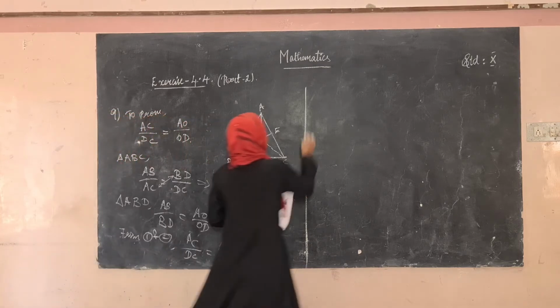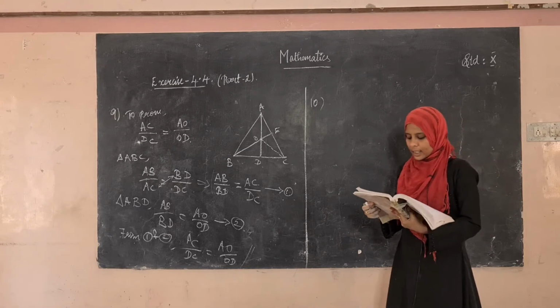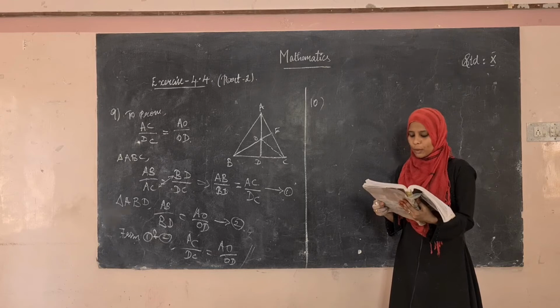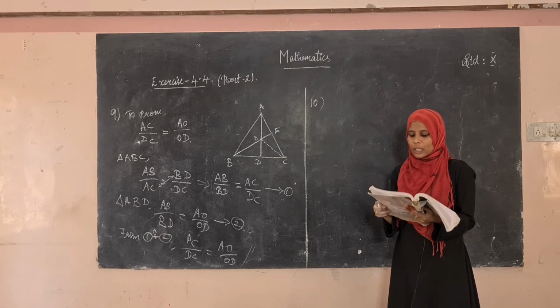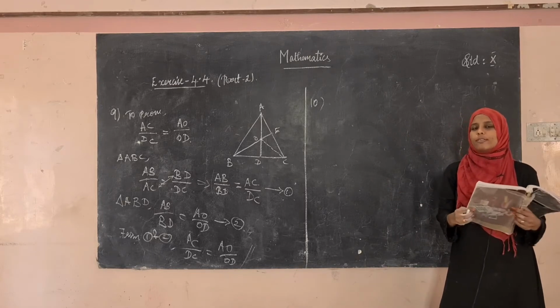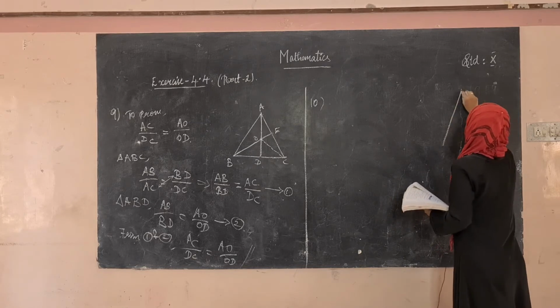Okay, now see the 10th sum. An artist has created a triangular stained glass window and has one strip of small length left before completing the window. She needs to figure out the length of the left out portion based on the length of the other sides as shown in the figure. In your book itself they have given the diagram.